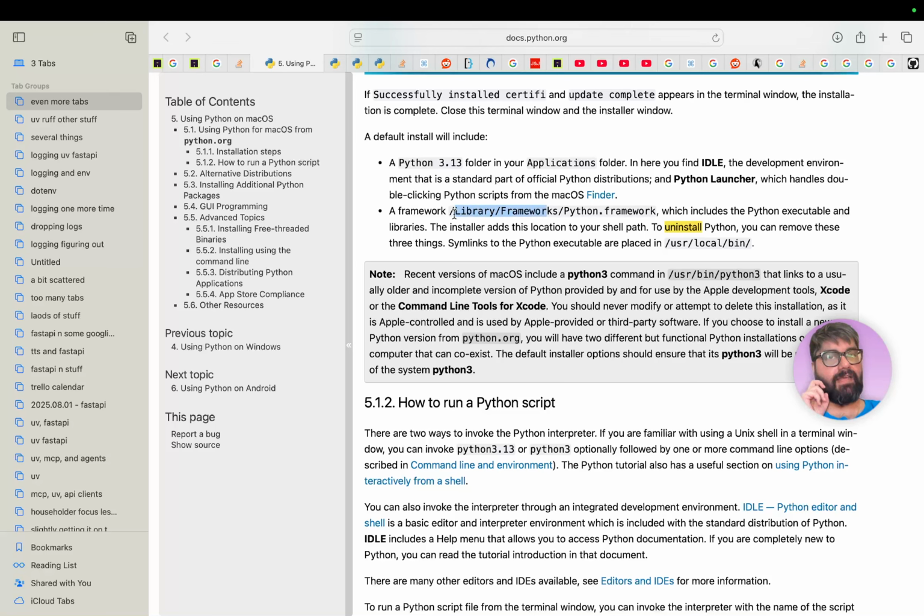Don't just delete the whole Frameworks folder because that would be scary. Python.framework is the folder you want to delete, not the whole shebang, because Frameworks holds stuff for other things, and Python.framework includes the Python executables and libraries. It also adds this location to your shell path. To uninstall Python, you can remove these three things, boom, and be done. Symlinks to the Python executables are placed in user local bin. So which is why I believe the